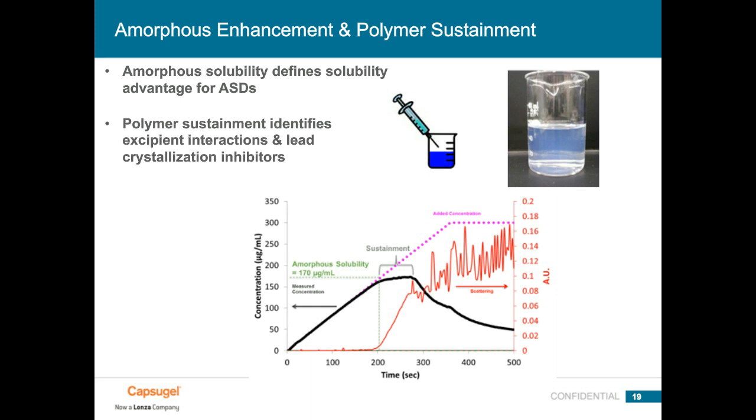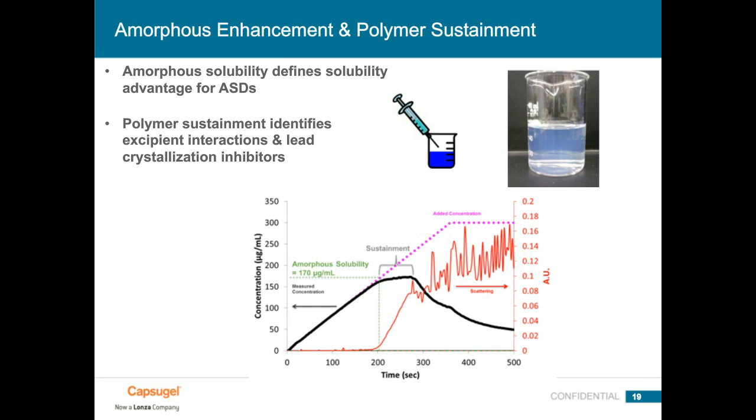And we can compare that to the crystalline solubility to understand our maximum enhancement that we can get by making an amorphous dispersion. And then the second thing we notice, and we can run this test in the presence of many different polymers or other excipients, is we can observe how long that supersaturated drug concentration is sustained. And so the middle section where that black curve is flat is termed sustainment. That's where we see the drug sustains before it begins to crystallize to a lower energy form. So that's one critical test for us prior to starting formulation.